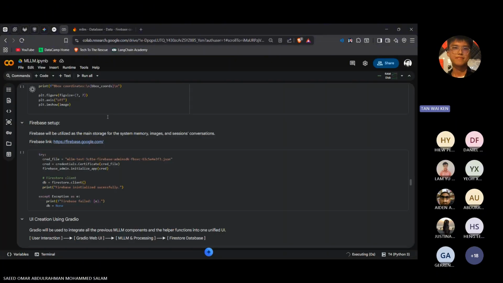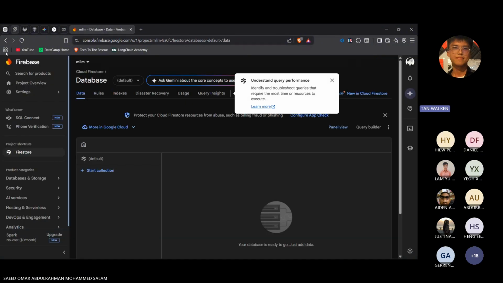We need a way to connect to the database from our Colab to the Firebase or Firestore. So we need our credentials, but we will not use a username and password. We will use a JSON file that contains our credentials as a certificate. We are using what's called credential.certificate, and we need to download this file from our Firestore by going to